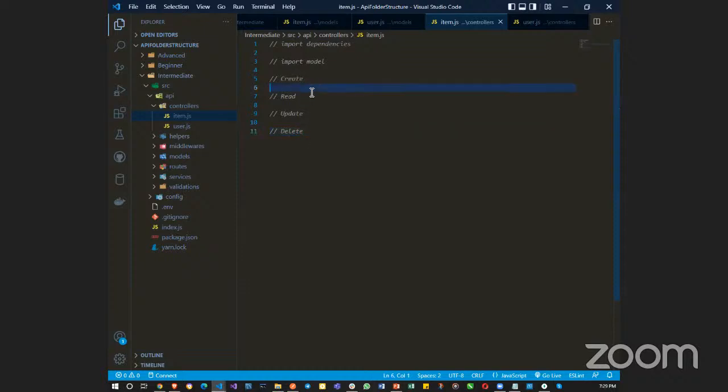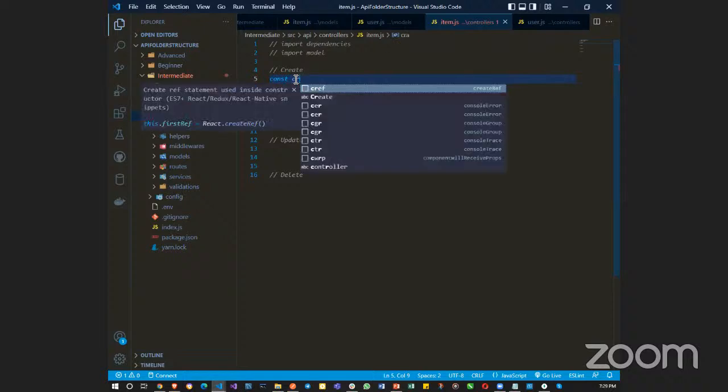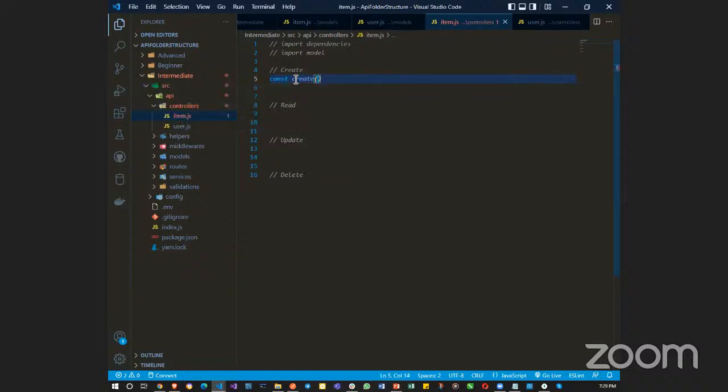So at this point, you want to create a variable that's going to do something, maybe like a method. Let's say, for example, I want to create items. So I want to create, let's say, create item. And one very important thing about working